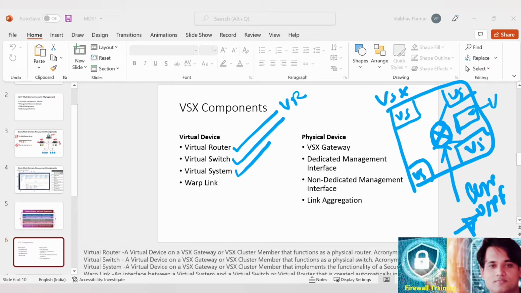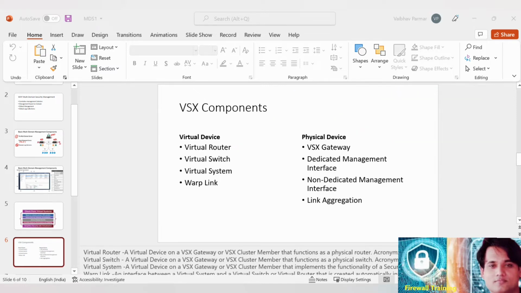The scope of this lab is configuring the virtual systems and doing the troubleshooting on that, configuring the VSX gateway, configuring the virtual system, and troubleshooting things on that. Don't worry, I'll be providing the videos on how you can configure these switches and routers, and how you can do the load balancing between the virtual systems using these routers and the switches. Okay,